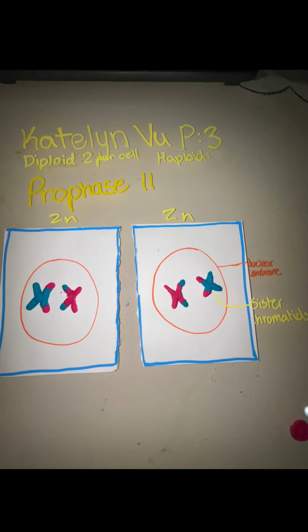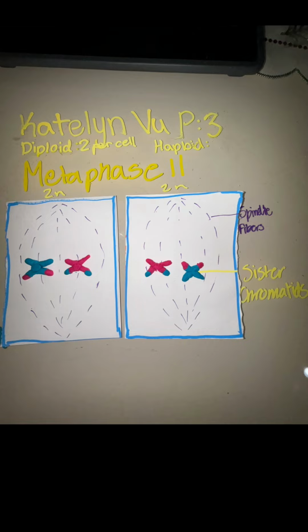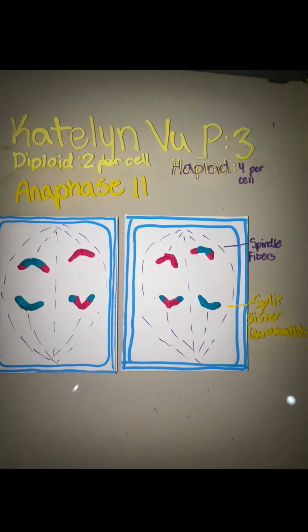In each of the new daughter cells, a new spindle fiber forms. Nuclear membrane breaks down and chromatin coils up again into chromosomes. In metaphase 2, both daughter cells have spindle fibers connecting to the chromosomes and are brought to the center of the cell. In anaphase 2, both daughter cells have their sister chromatids pulled apart towards the opposite ends of the